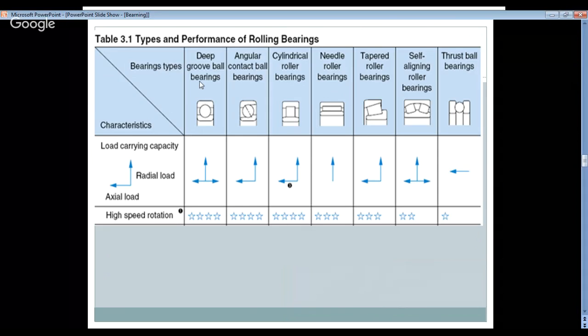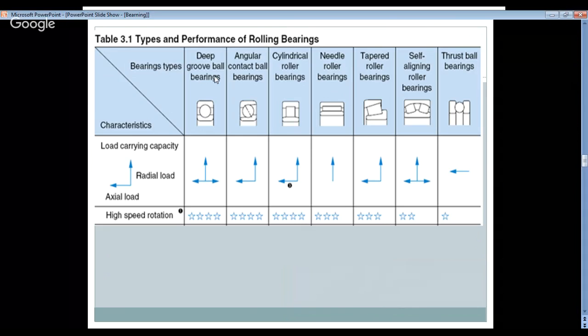Like in case of deep groove ball bearing, it can take both radial as well as axial load with high RPM. While in case of angular contact bearing, it can take radial load and axial load, but axial load is only in one direction. Same as cylindrical roller bearing, it also offers both radial and axial load, but load carrying capacity of this particular bearing is greater than the